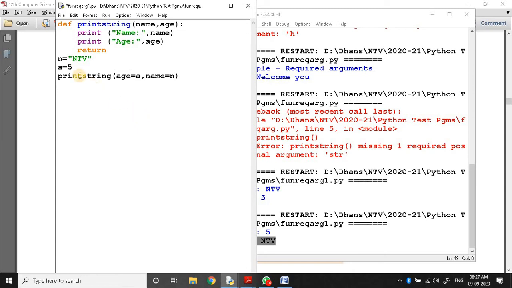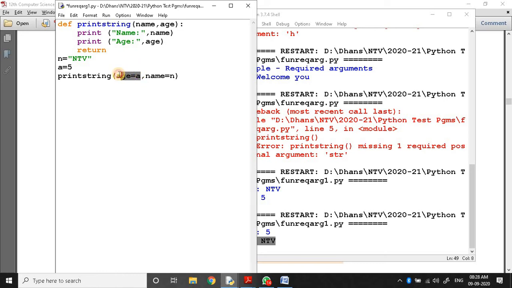So with the same function definition, before that we called required arguments, now we call with keyword arguments. If just values are passed, that's a required argument. If values are passed along with keywords, in this case we can pass the arguments in any order.